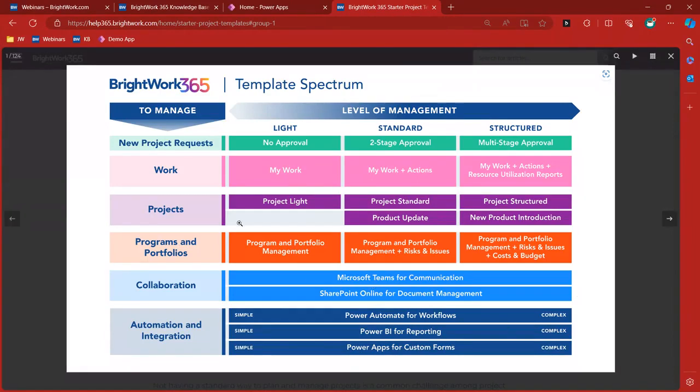But for today's purposes, we're going to be primarily focusing on these standardized project management templates, and we'll look a bit also at program and portfolio templates that get created. So let's look at some of these live. I'm going to go back here,